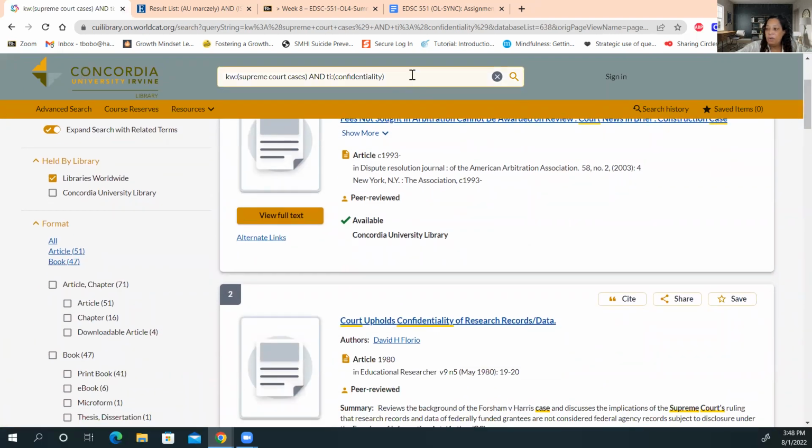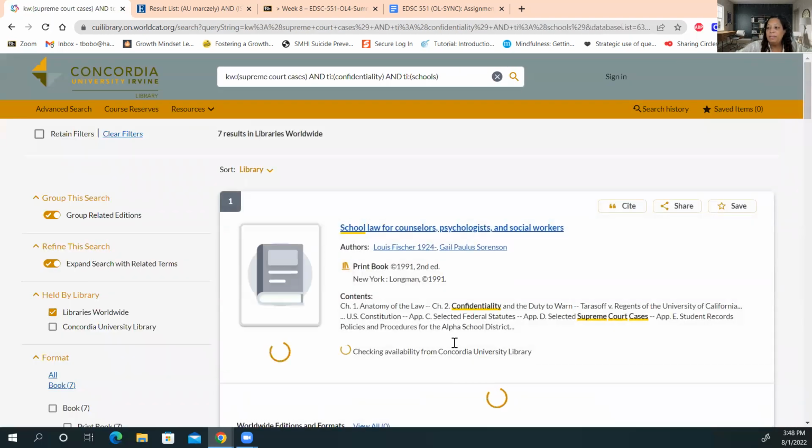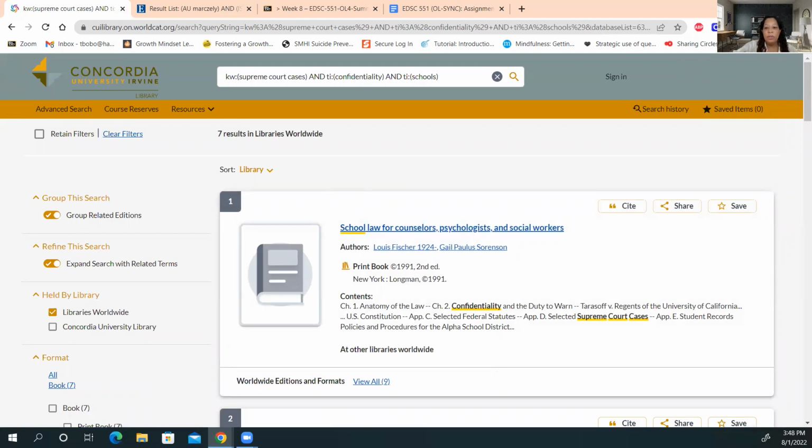And I can also maybe even put, so courts uphold confidentiality of research data. That would be one. I might even want to go back and put schools in there, just so that we're talking about schools, because that's important. And see if we get anything. And we did. So now we're closer to what we need.